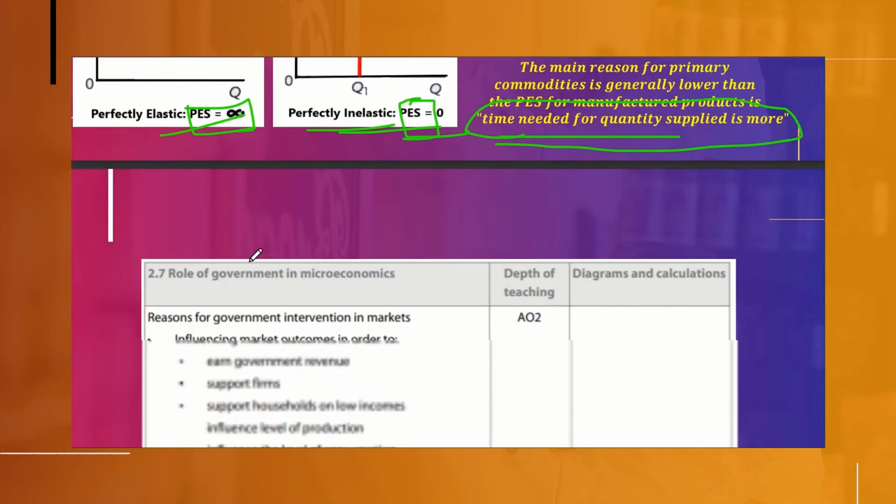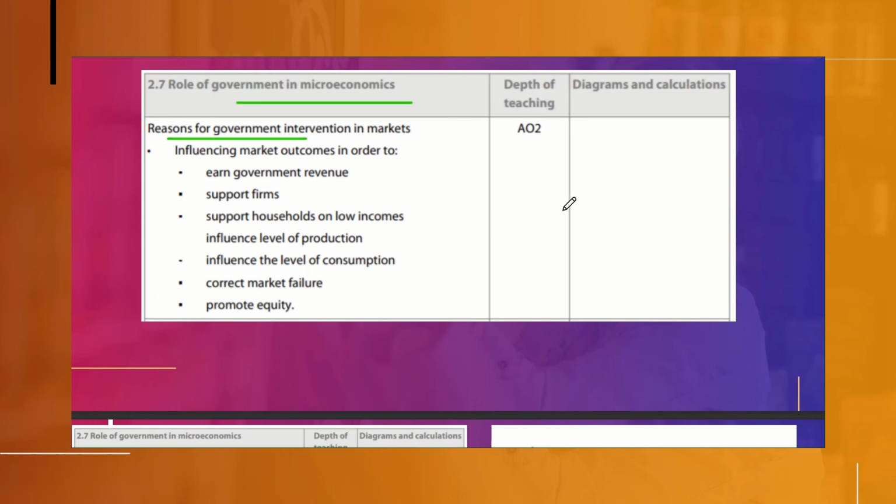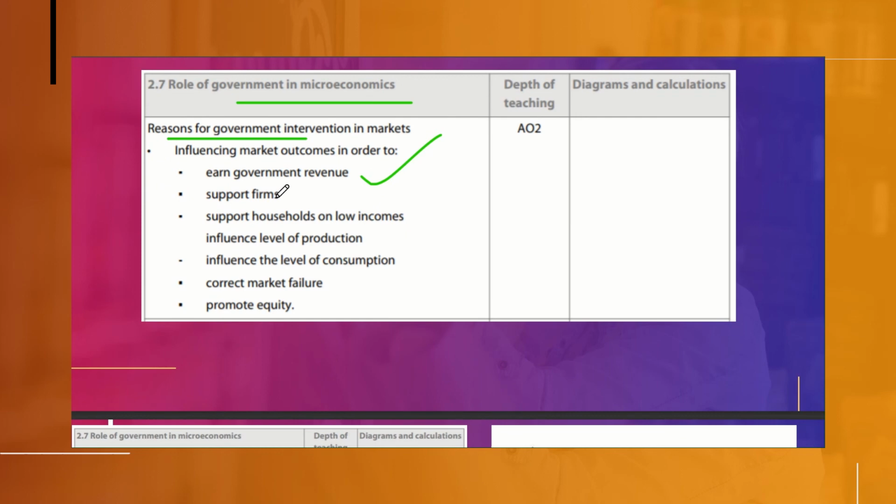And the next one is the role of government in microeconomics. Why should the government intervene in the market? The first factor is to earn government revenue, that is inevitable. Second one is to support the firms. Some firms really need support from the government, then only can they survive in their business. And to support households and low income people, because most of the people are unable to pay. So in that case, government needs to intervene, and